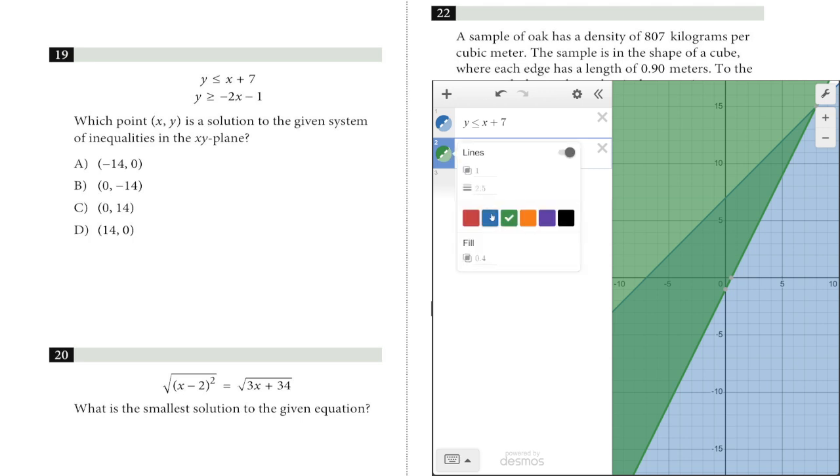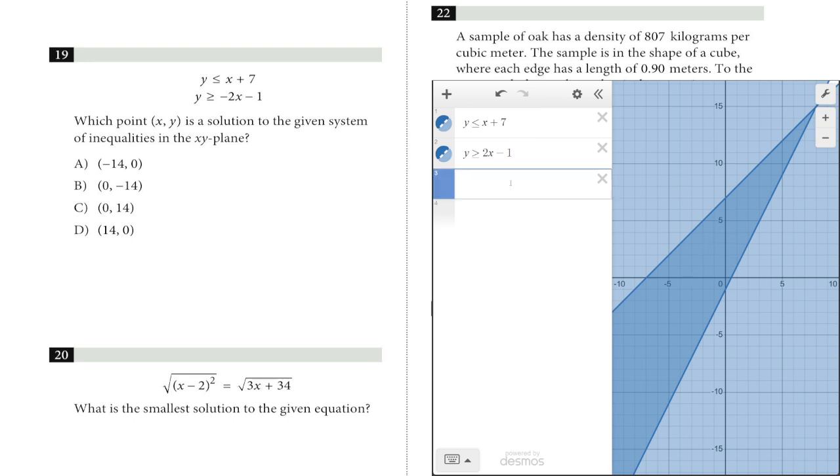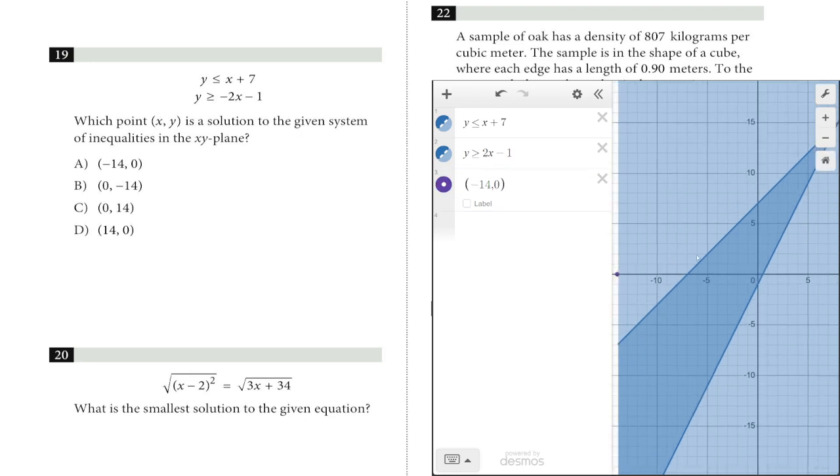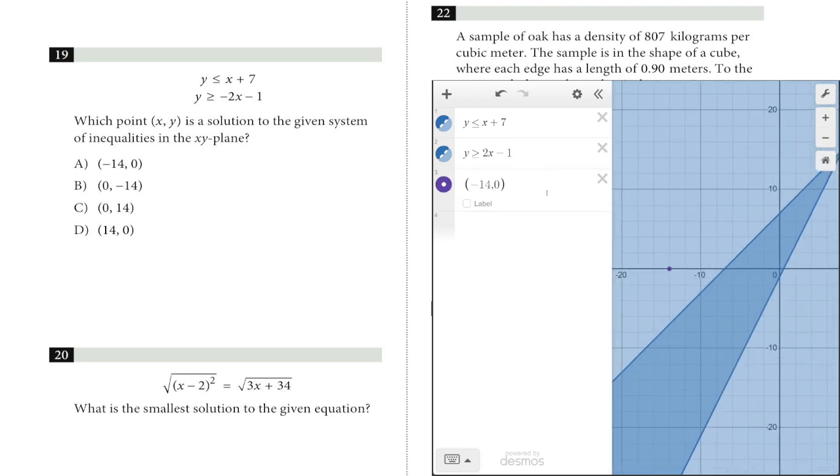So if you click and hold, it'll allow you to choose the colors. And the reason why I like that is because it really makes it clear where they are both shaded, because it is much darker. And so what we're going to do now is we're just going to take those answers and plot them. So I'm just going to do parentheses, negative 14, comma 0. And I'm just going to see, does that show up in the shaded region? So I'm just going to zoom out so I can see it. And it's like, no, that point